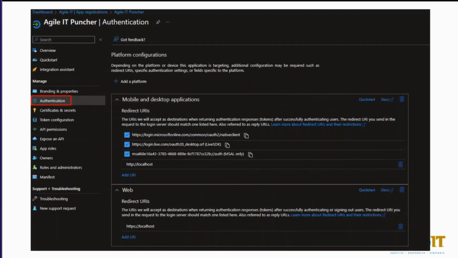Now, one of the ways that the authentication works is based off of the different platform types. The two most popular are mobile and desktop, and web, but I'm going to focus on the web one. First off, you're going to see, why would you even have HTTPS localhost or HTTP localhost? Well, I'll tell you, there are some applications that require it for initial application registration. It's often used for software development. Normally they'd have something like localhost